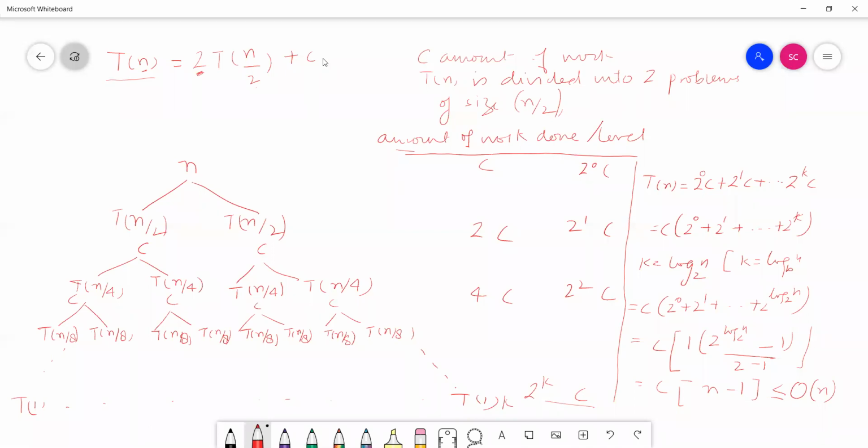And always remember, you will get the same answer to a question whether you are solving with substitution, recursion, or master method. From substitution also we have split it as 2 to power n by 2 plus 1, so we have got the same answer. From recursion also you will get the same answer. From master method also you will get the same answer. Master method we will discuss on Saturday. I will take an extra class.